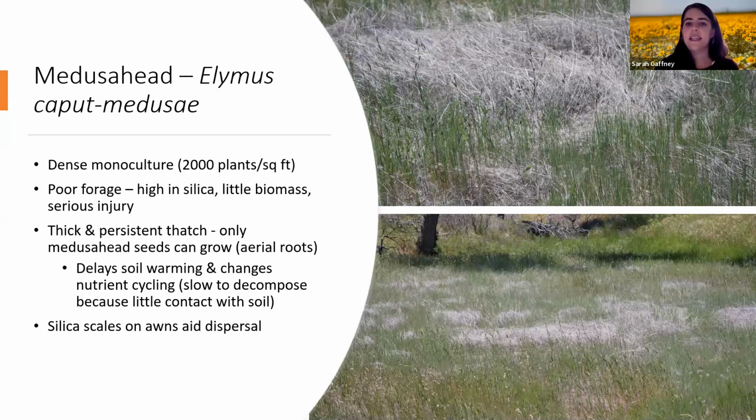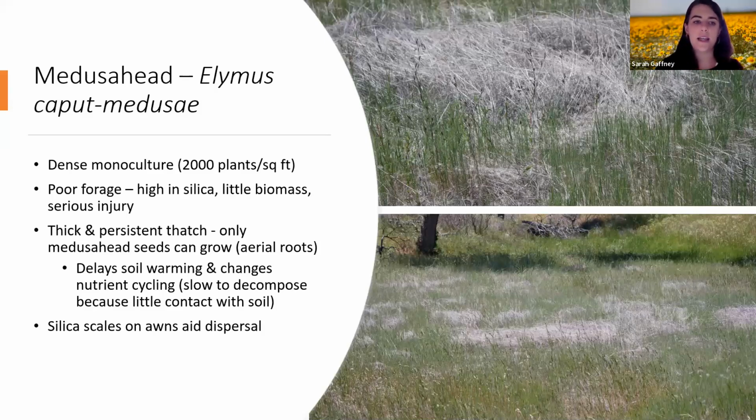But also, as you can see in these photos, when these thatch patches really build up, even Medusa head itself is kind of hard to grow through those. And because this litter is not decomposing, the nitrogen cycle and all the nutrient cycling in that soil is being drastically reduced, and it's just being slowed down. And so that has effects on what bacteria are present and what fungi are present, and that can affect what species can potentially grow on that soil later, even after you